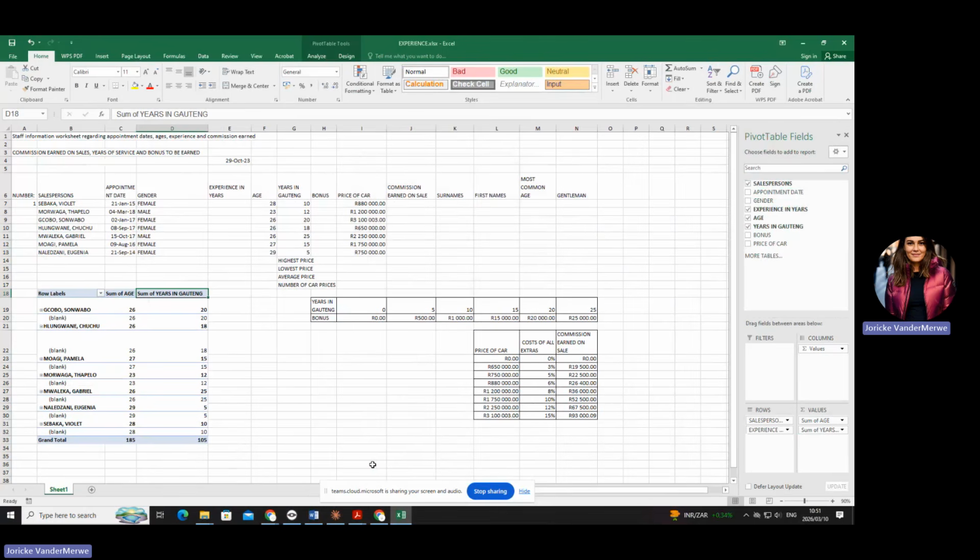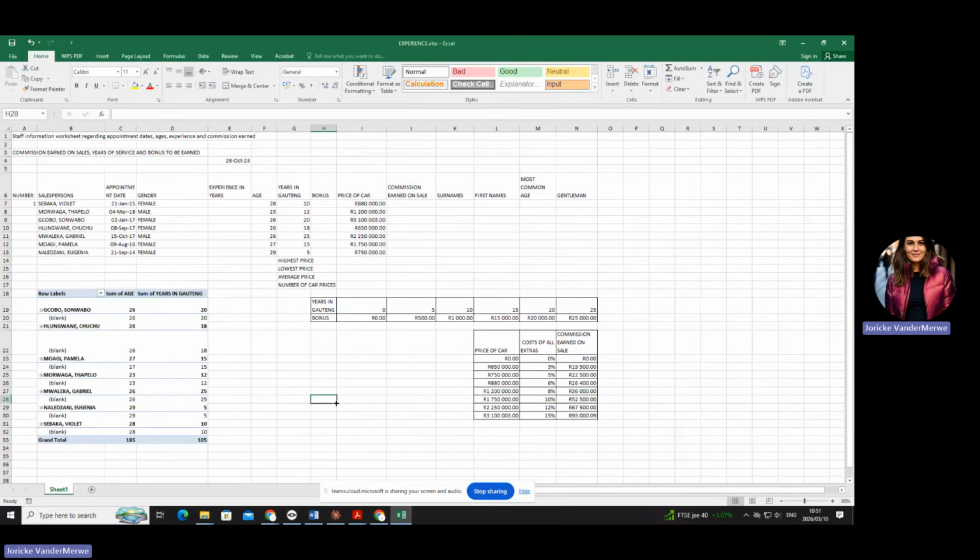Insert a clustered column pivot graph of the pivot table. Now remember, this is your pivot table. Okay? So it's similar to what you have done in N5. They would have asked you to take in this data and insert a graph. Now, what you have done is first created the table. We call it the pivot table. And now you are going to create a graph. Okay, so let's quickly do that.